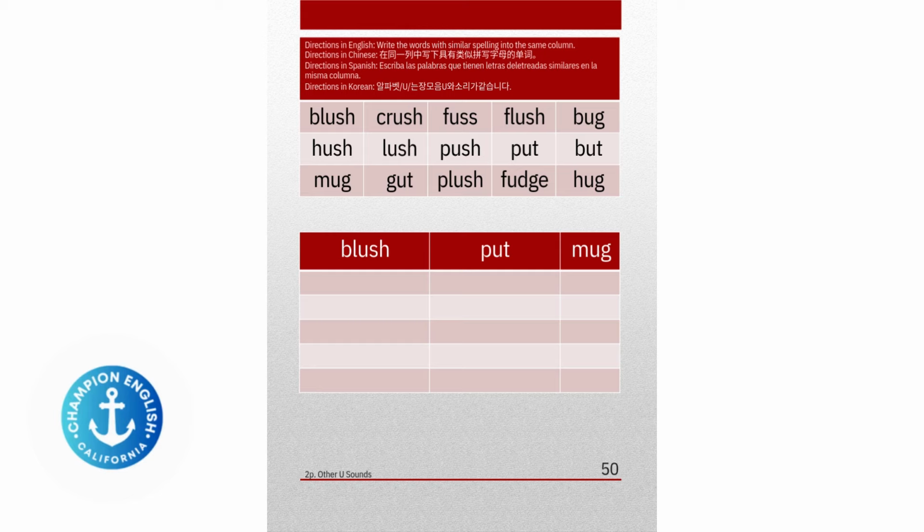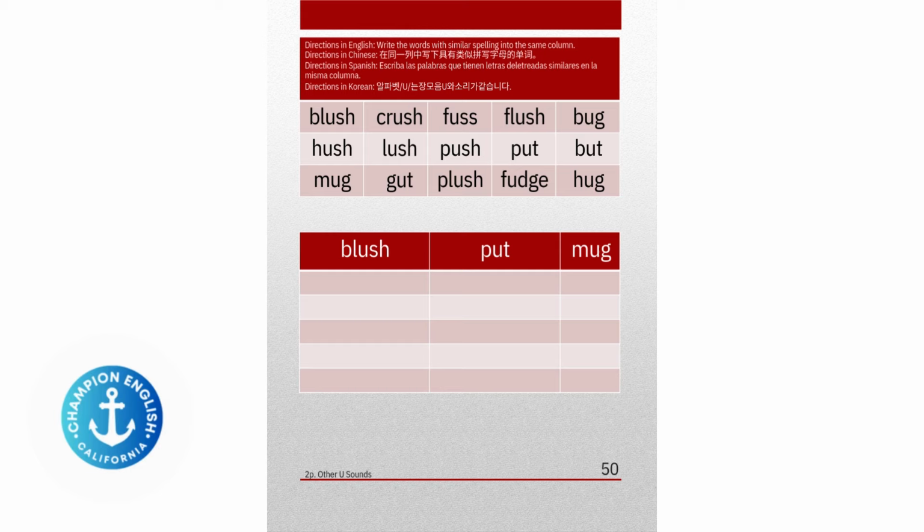And if it ends with PUT, come on, let's say that put. Put. That's right. Try to put the words with the UT in that column. And if it ends with MUG or UG, ugh, try to put the words with ugh. Let's say ugh. Ugh. That's right. In that column. So I'm going to give you 30 seconds to go ahead and put those words in that